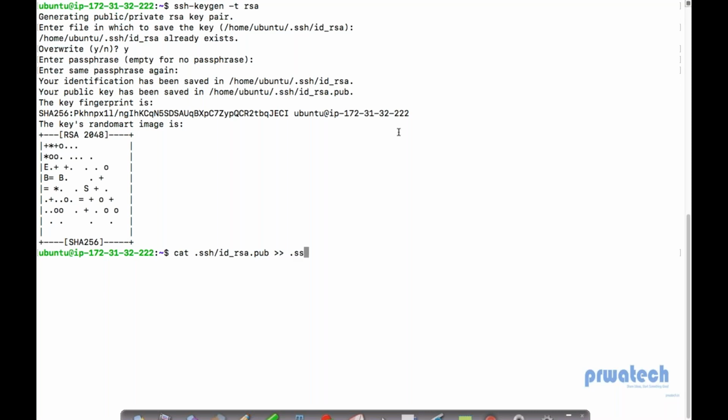Then .ssh, and I will save this key in my authorized_keys file. I'll save this information which I have created in authorized_keys so that when I go and